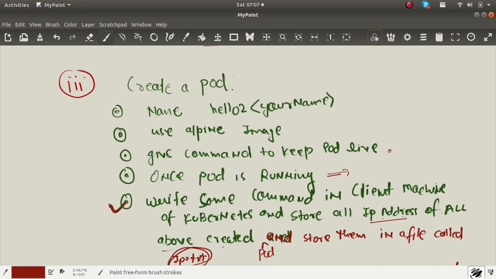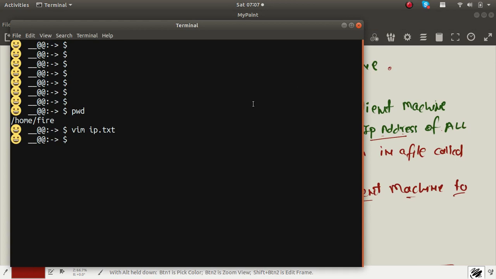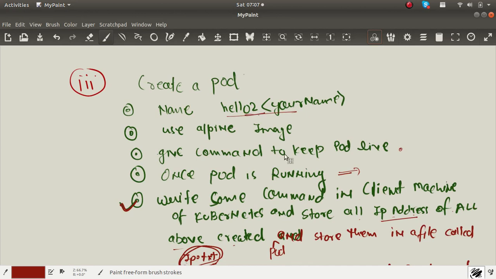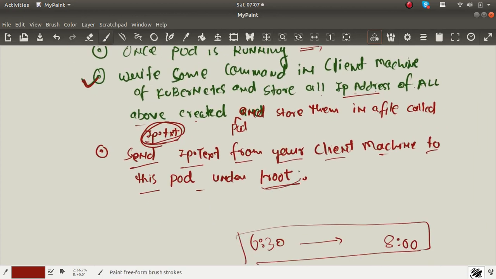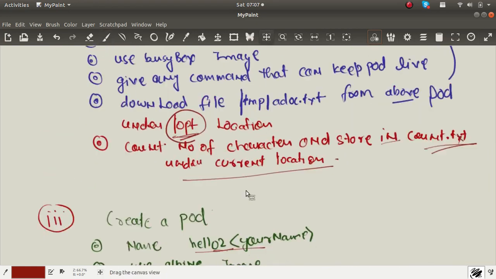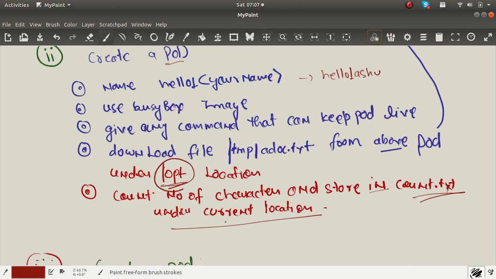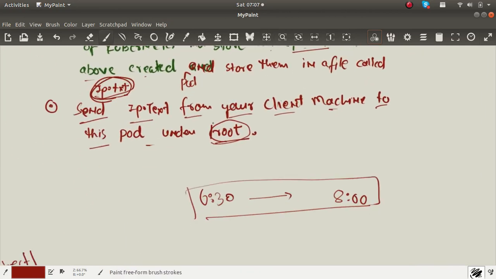So now you have created this pod with this name, and you have to send this file to this pod, under the /root location. So these are all your three tasks that you have to complete within 1.5 hours,